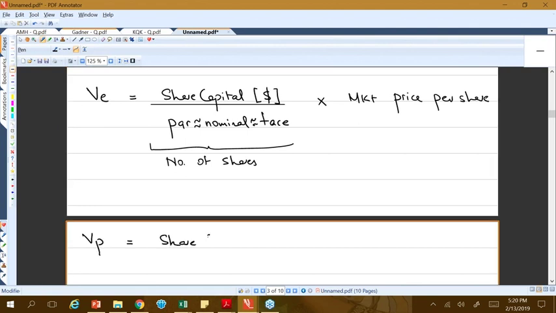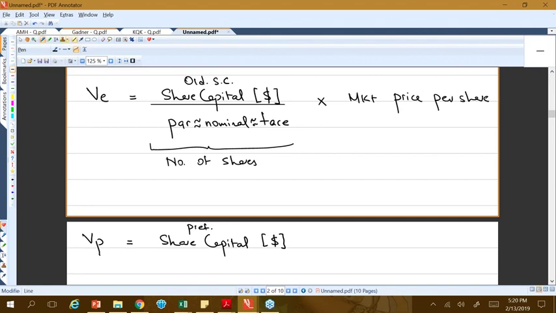is you will take the share capital for the preferred shares. Remember, in our SOFP, the ordinary share capital is different. The preferred share capital is different. They're not the same. The ordinary share capital in dollar terms is different. The preferred share capital in dollar terms is different within our equity portion of the SOFP. So here, we'll take the share capital in dollar terms, which is the preferred share capital. And this is the ordinary share capital.